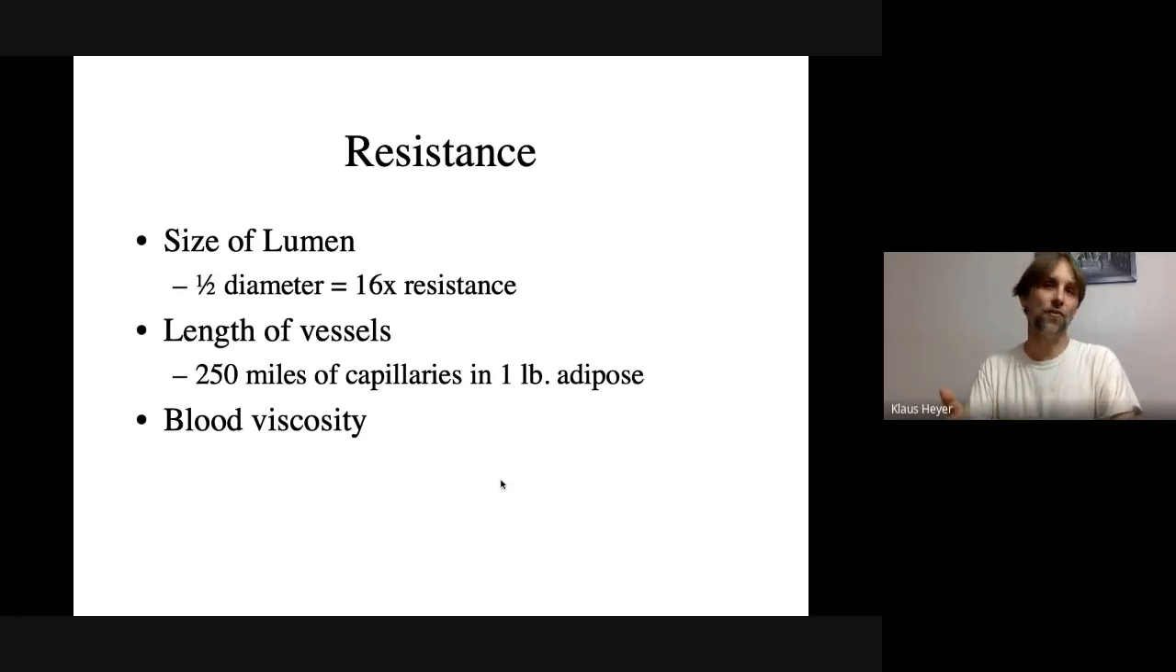So one is the size of the lumen. When you make the lumen smaller, like you do with an artery and an arteriole, you increase the resistance. And I just gave an example here because it's not like when you make it half as small,